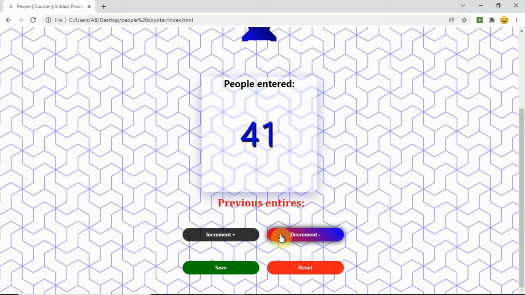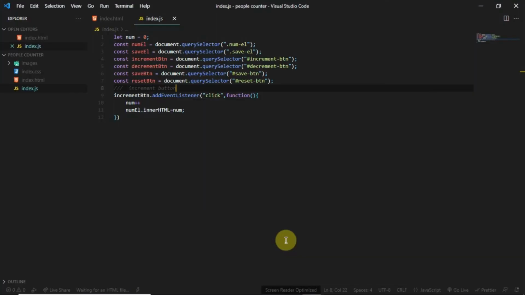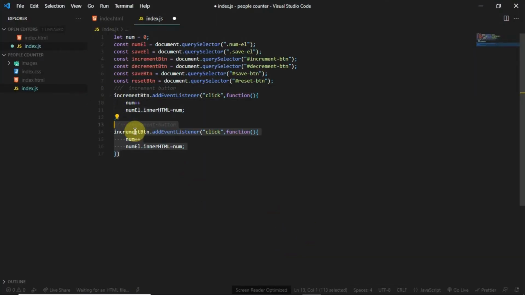The next thing for us to do is to create our decrement button. When we click on this button, we want to tell the browser, remove 1 from this, and so on. To save time, I'm going to copy this code, head down to my design and change this to decrement. Then, since we're already grabbing this element,